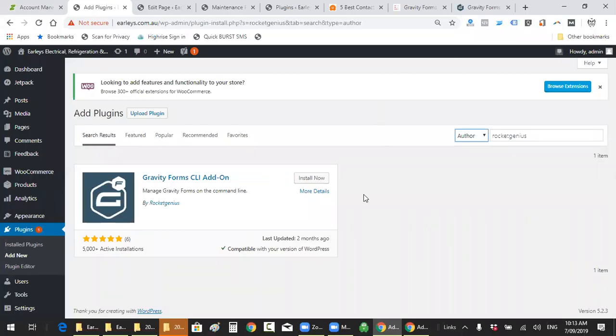WordPress, form builders, and plugins. In a previous video, we took a look at how to download Gravity Forms. Gravity Forms is a very, very popular builder. And after the previous video, I did a bit of research and I came to